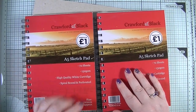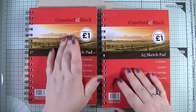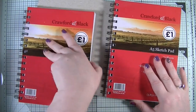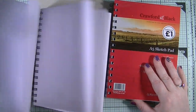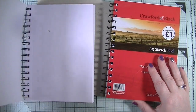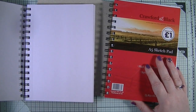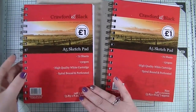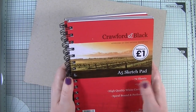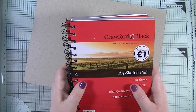So I've got these A5 sketch pads. And these are from The Works, and they're only £1. And I absolutely love them. I use them all the time to jot down ideas and things like that. You can even art journal in them, which is fabulous. So I just absolutely really love them. So I thought, you know what, let's decorate 2 of these up, and let's create 2 really nice books that